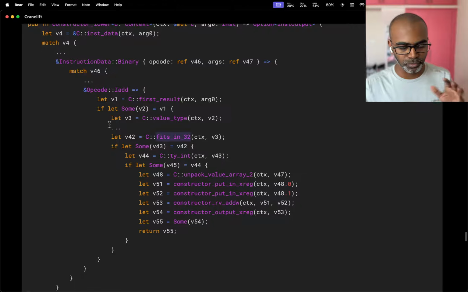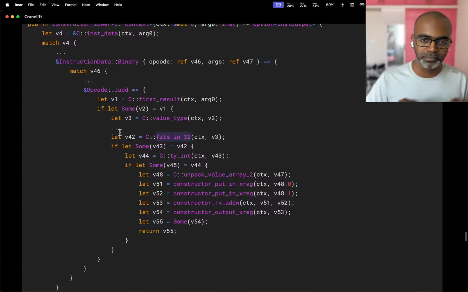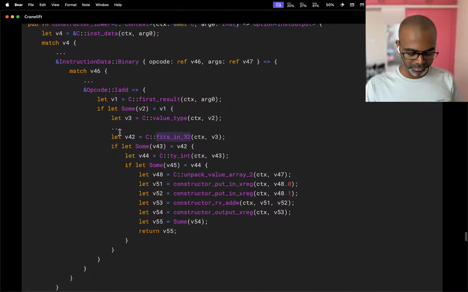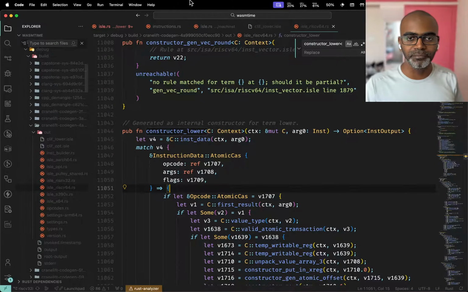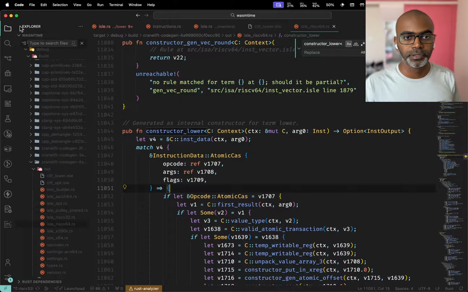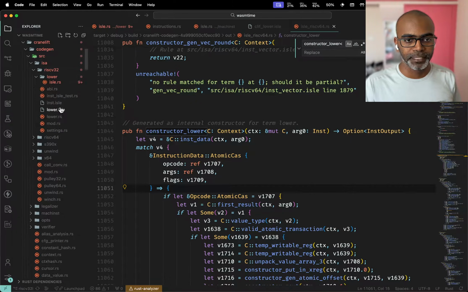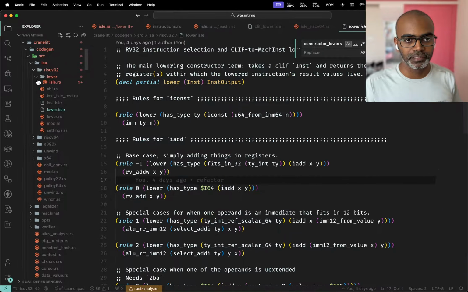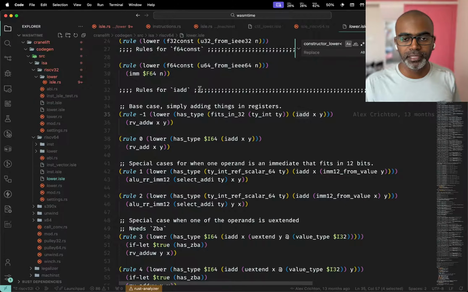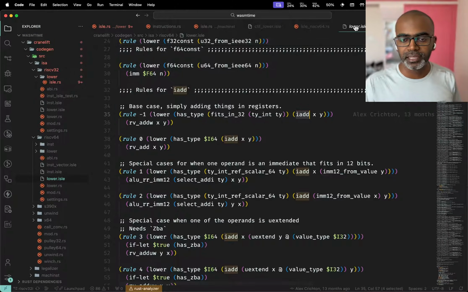So there's some other rules that can probably get in here. That's not important because, as you saw, the Iadd operation can have multiple rules. For example, it's not here. Yeah, let me go back. I'll look at RISC-V64 because that's more interesting. If you look at this, you'll see that